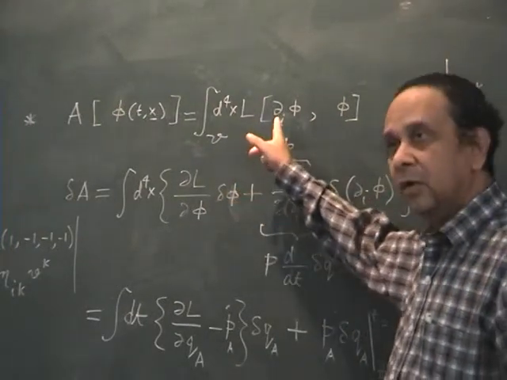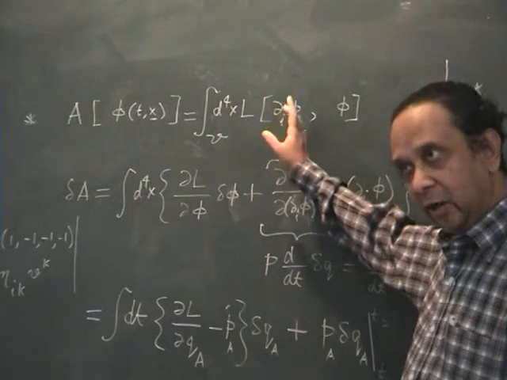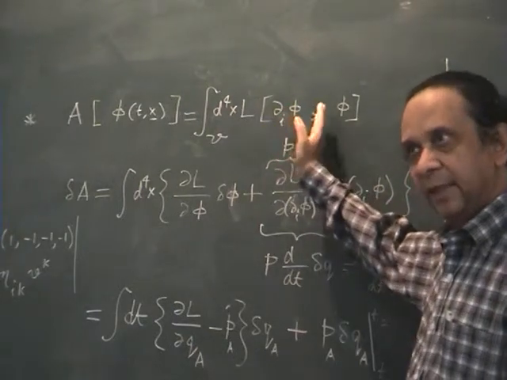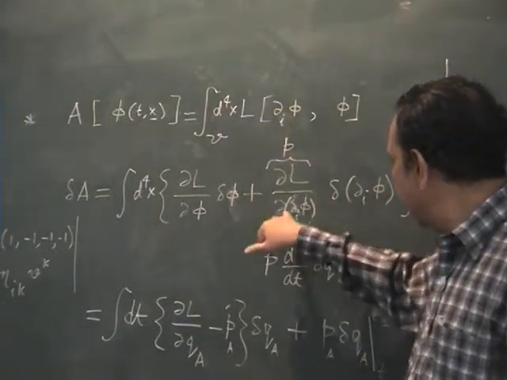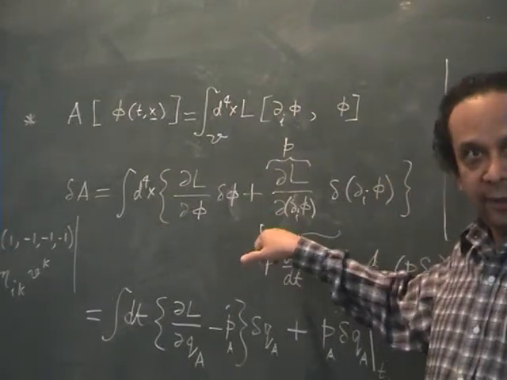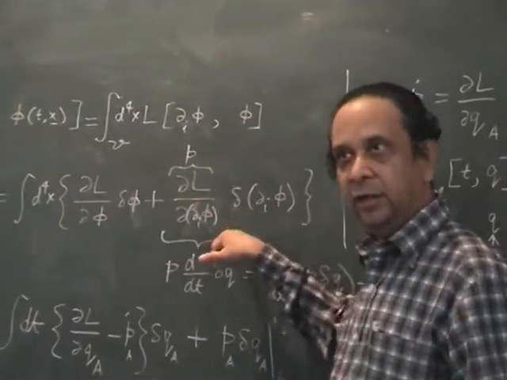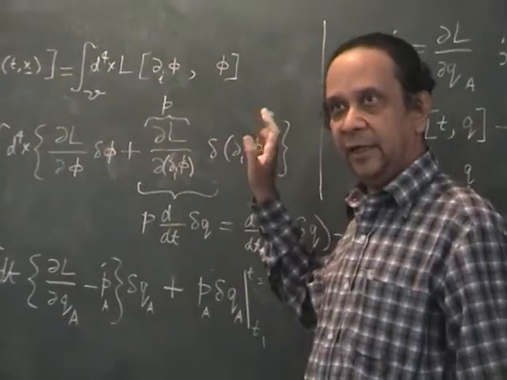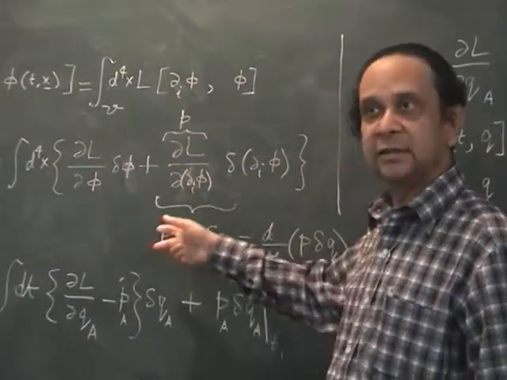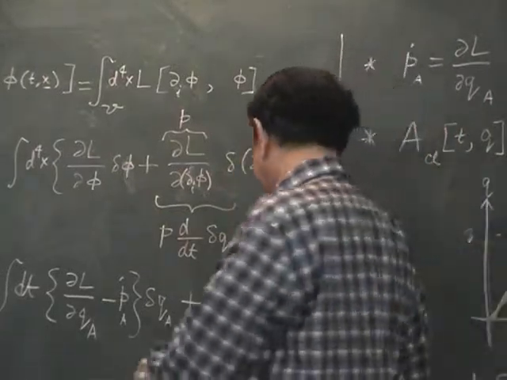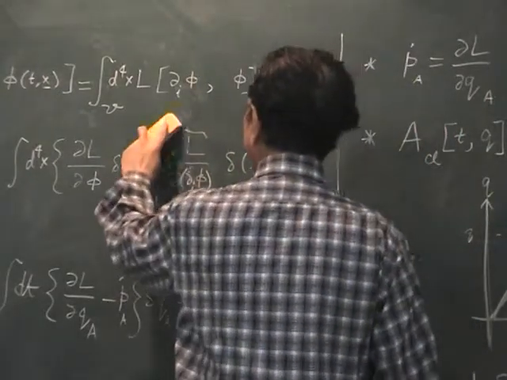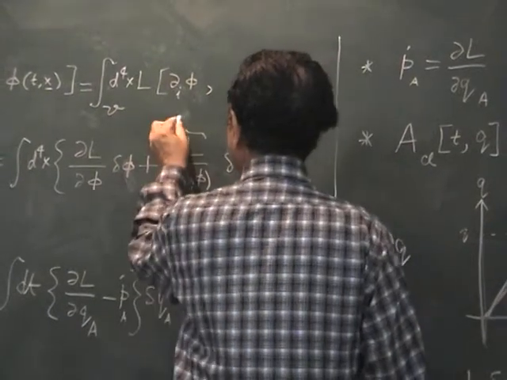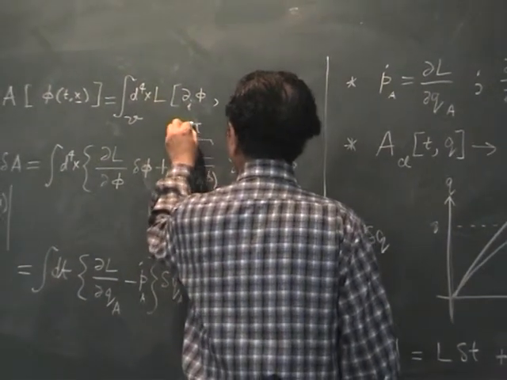The L depends on phi dot and the gradient of phi, so to speak. So when you are doing this, you are doing dL with respect to d phi dot times delta of phi dot, plus dL with respect to the gradient of phi times delta of the gradient of phi. That is summed over because these i's are summed over. Okay? Fine. So we will define a momentum for phi, but here it is conventional to denote it by pi, and we